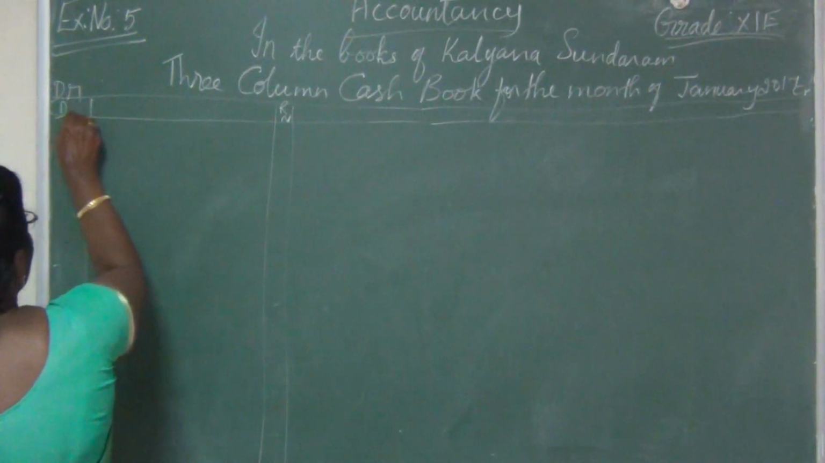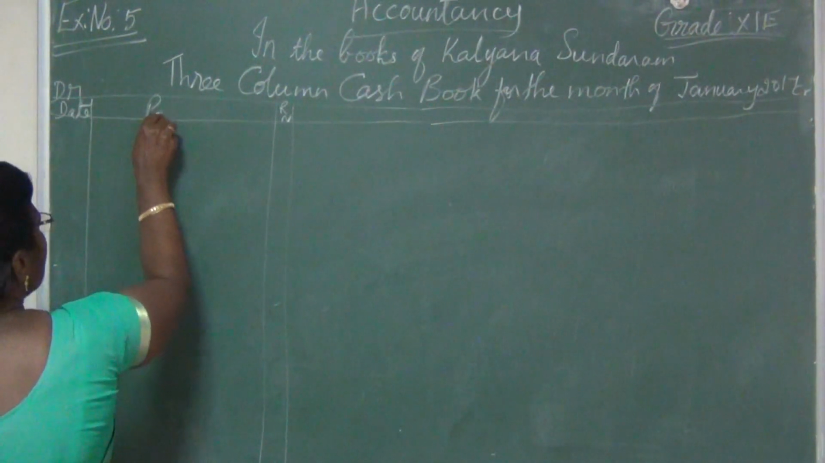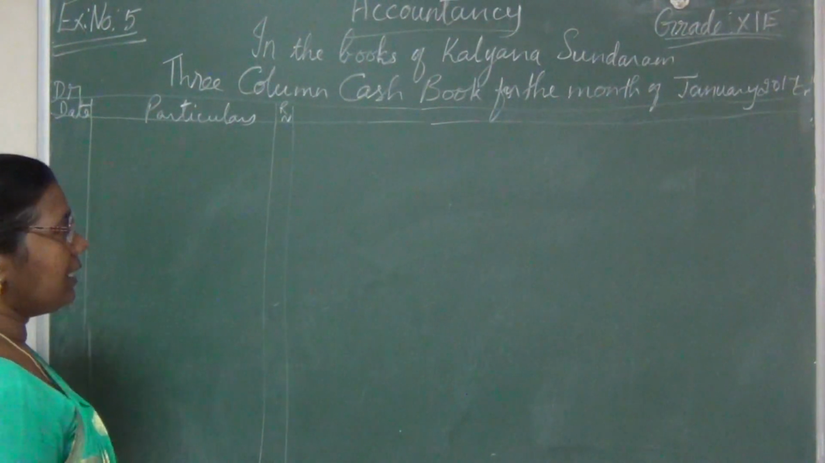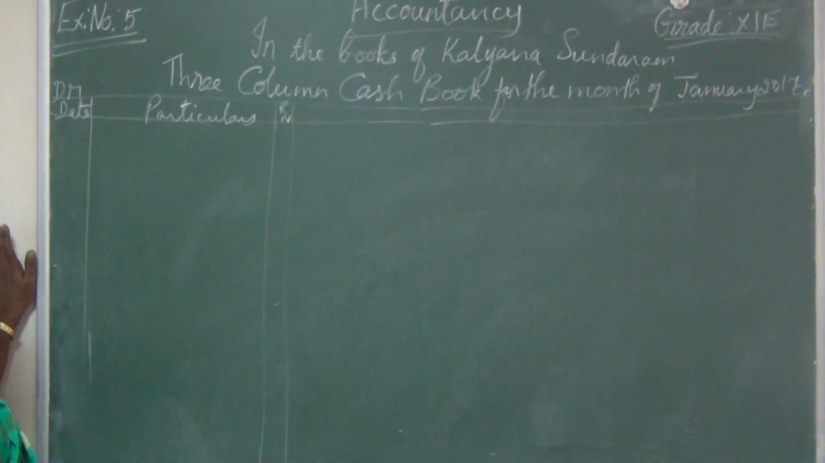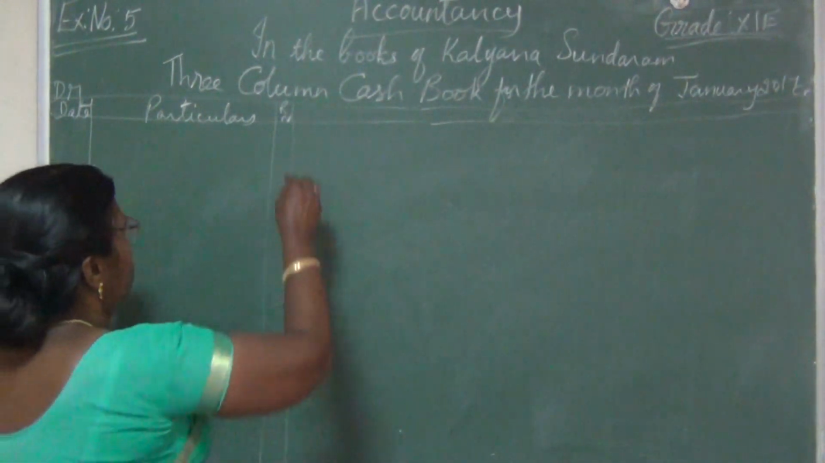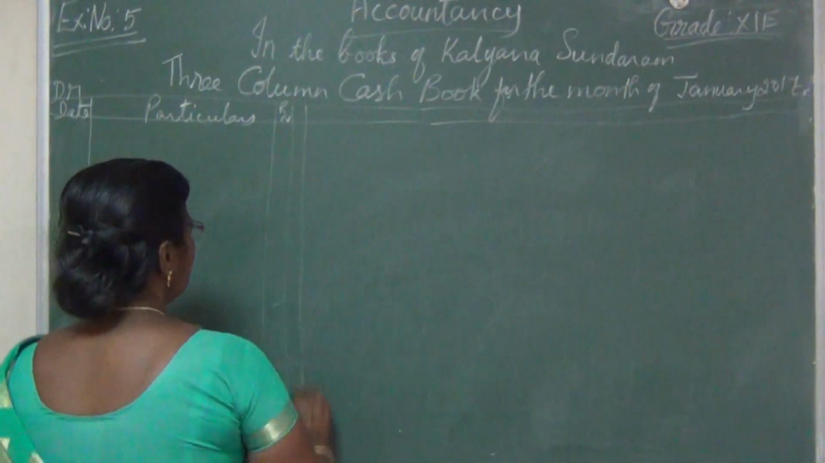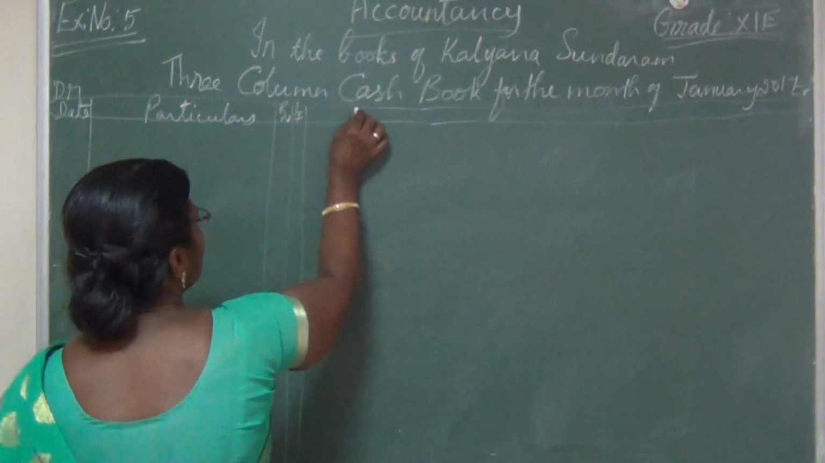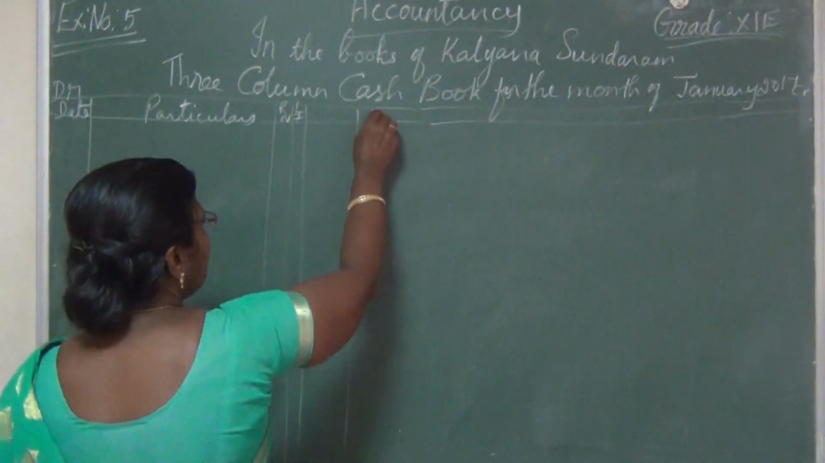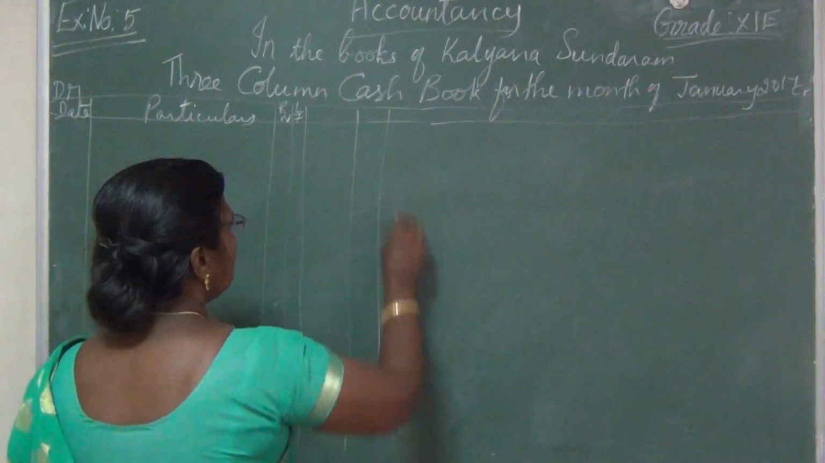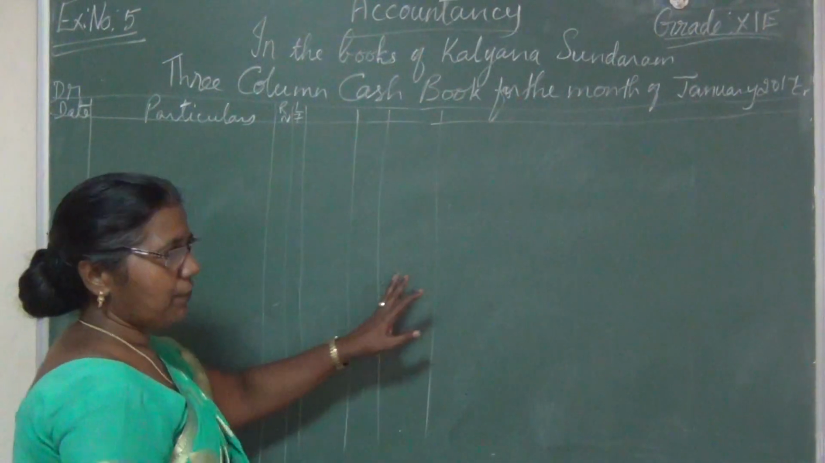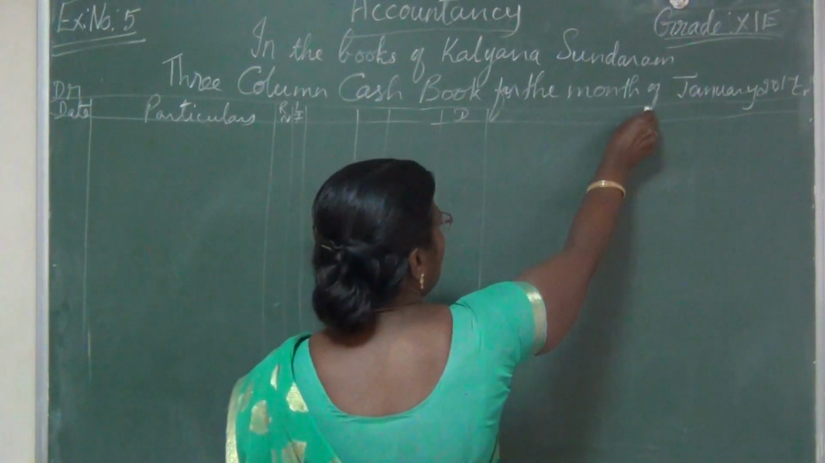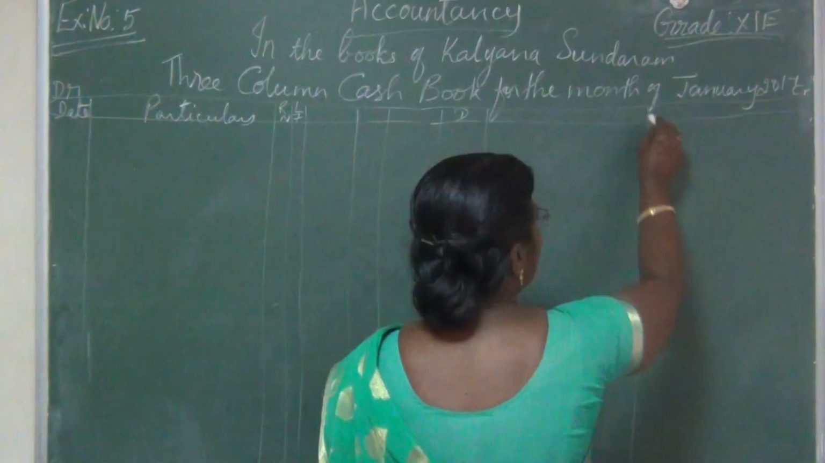Okay. Date, particulars. You can write receipts also, either particulars or receipts. Okay, then receipt number, then LF, then cash, discount, small amount. Okay, then bank, half of the page over. Now again the date, particulars,